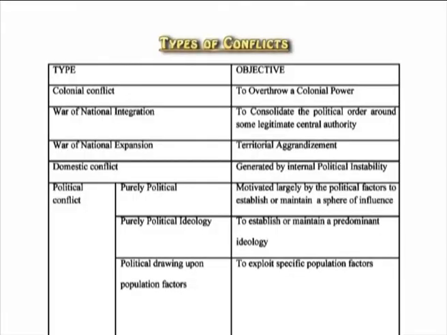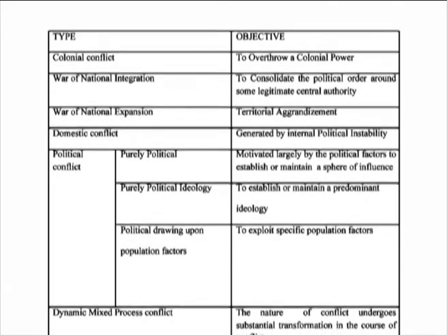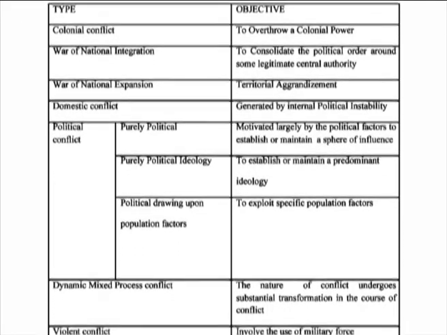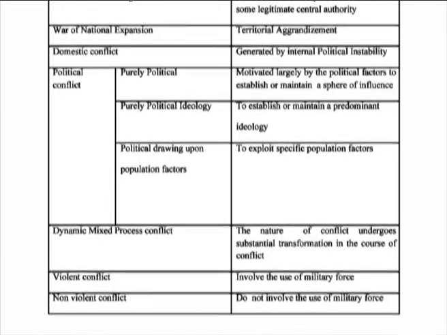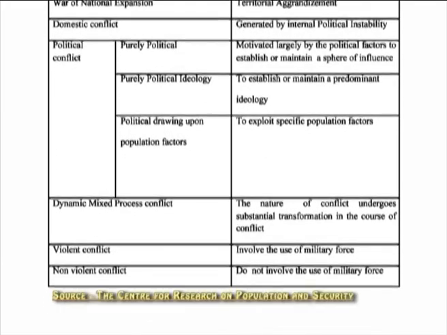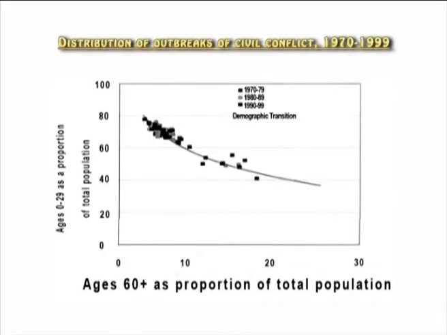Table 2 shows the types of conflicts and factors by which these are motivated. The conflicts can be colonial, domestic or political. Some political conflicts can also be motivated by population factors. Figure 4 shows the distribution of outbreaks of civil conflict along the path of demographic transition during 3 decades, 1970-79,